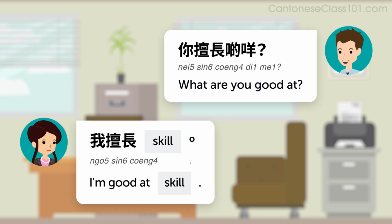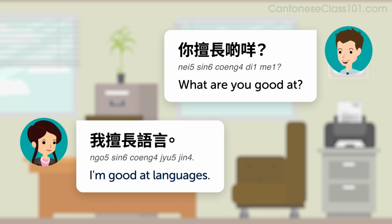The pattern is 我擅長, skill. I'm good at, skill. For example, I'm good at languages. 我擅長語言。